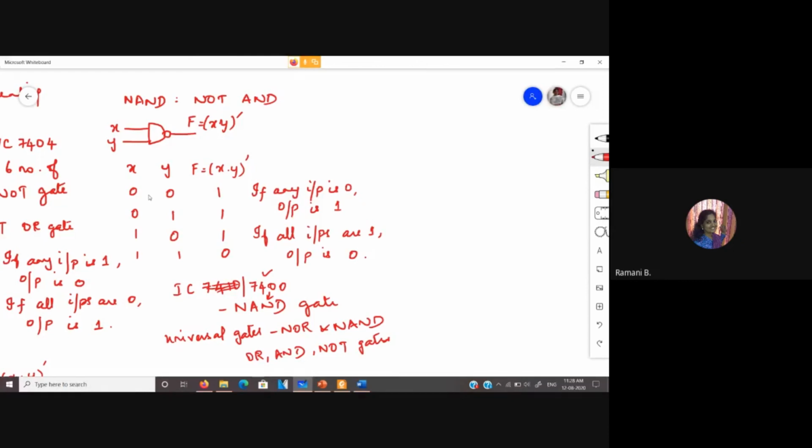That is how we do this: we know the OR operation is x plus y. So what we have to actually do for this to be implemented using NOR gate is,